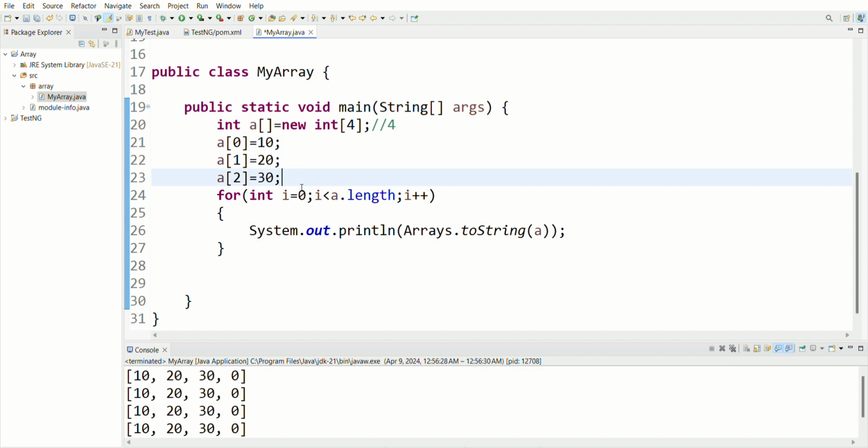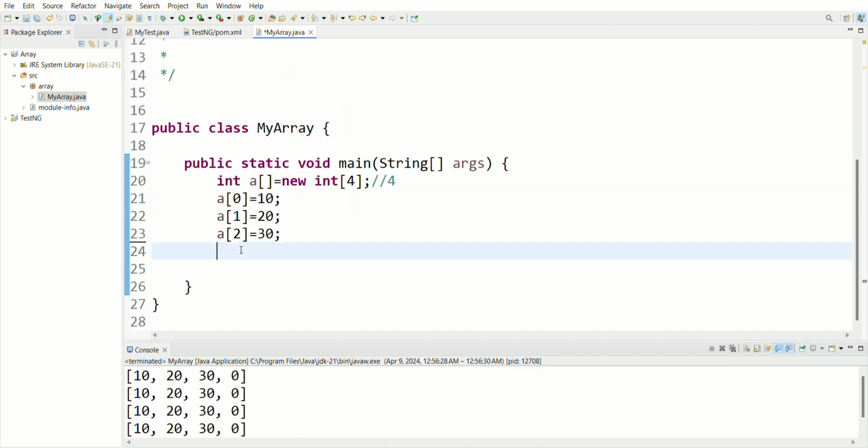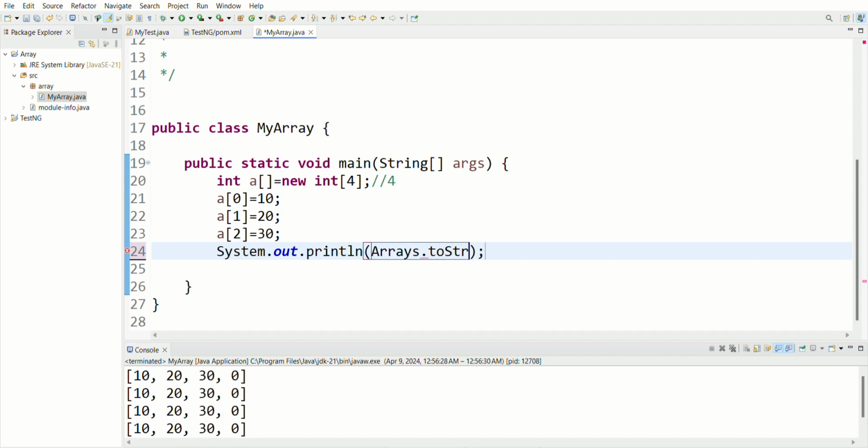Now let me start with the for each loop. At first, if you want to print all the elements of an array, there is a very simple way. System.out.println, this is my array. I just need to print all the elements of this array. How can we print? Arrays is a class, and it contains methods. The method name is toString. Arrays.toString.